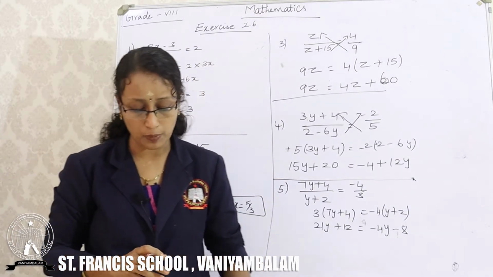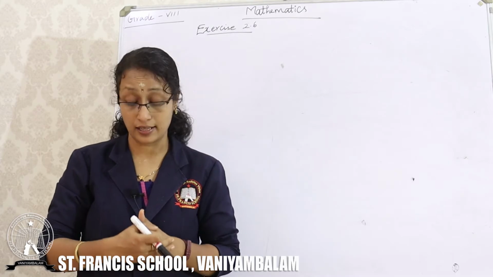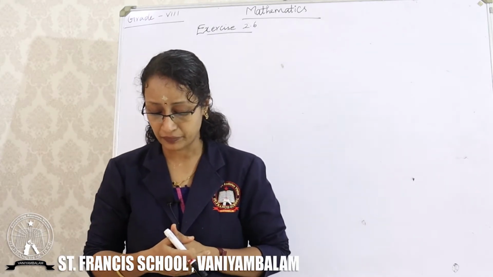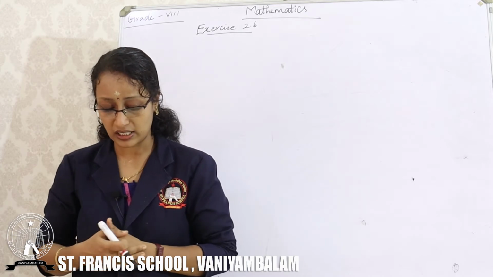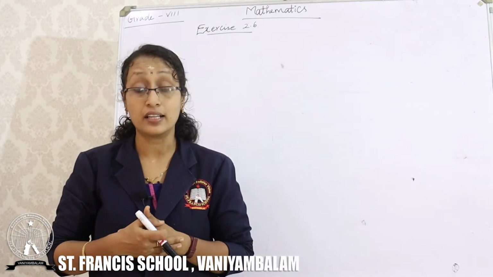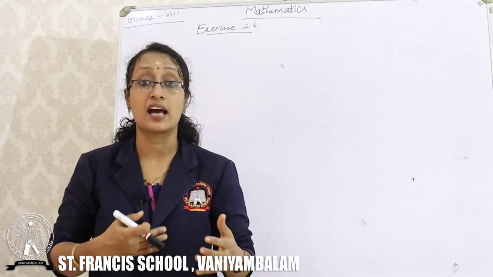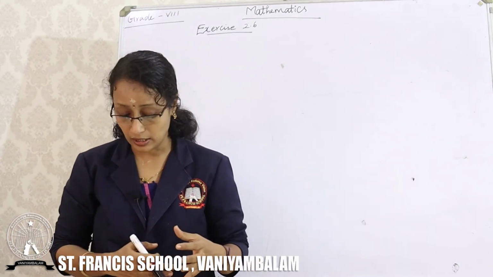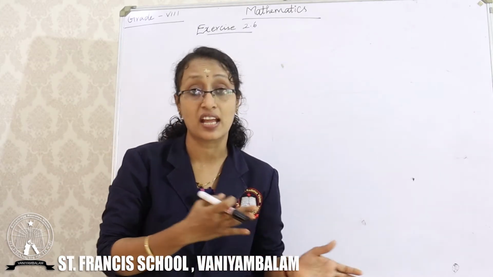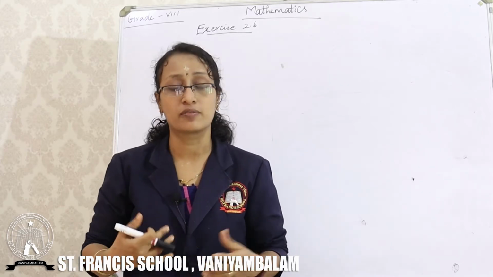Next, our 6th problem is an application problem. Let's see how to do it. The ages of Hari and Harry are in the ratio 5:7. 4 years from now, the ratio of their ages will be 3:4. Find their present ages. That is, the ratio of their ages will be 5:7. Not the ages 5 and 7. It is the ratio, so the common ratio of their ages.